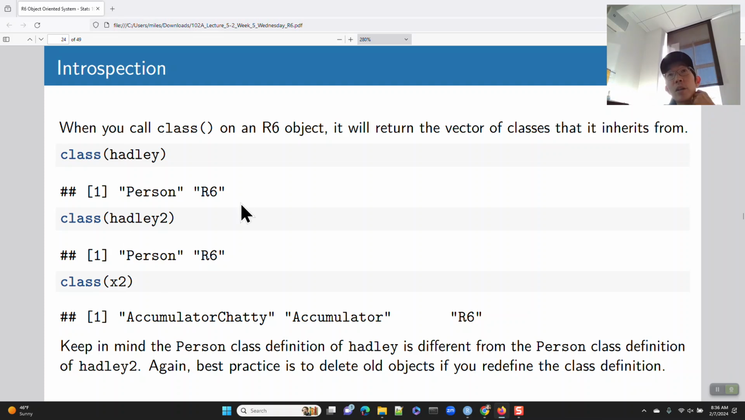Okay, when you call class, it lists off what the classes are. And so we say, hey, what is the class of Hadley? It says, oh, this is a person class object, and it inherits from R6. Hadley 2 also is a person class object and an R6. But we just have to remember that the way this person is defined is different from this person, right? It's just kind of like your Honda Civic and your Honda Civic, they're different models,